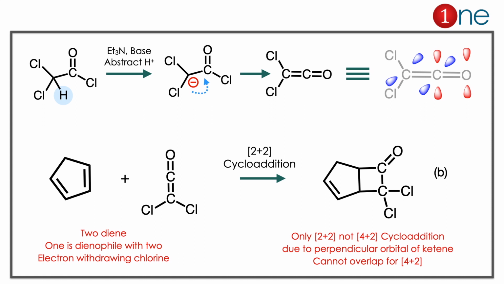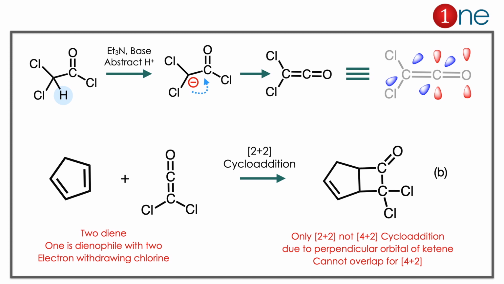The starting material is a dichloride, and it has one hydrogen. You are using the base. The base abstracts the proton, and you have the anion there. So you have an anion and a very good leaving group, so there is a possibility of ketene formation. So ketene is formed. Ketene is very peculiar. Here you have to see the orbital diagram of dichloroethene. The blue orbital is the pi bond of the first carbon and carbon. The red orbital is the pi bond of carbon and oxygen. Both are perpendicular to each other. This is a very important point.